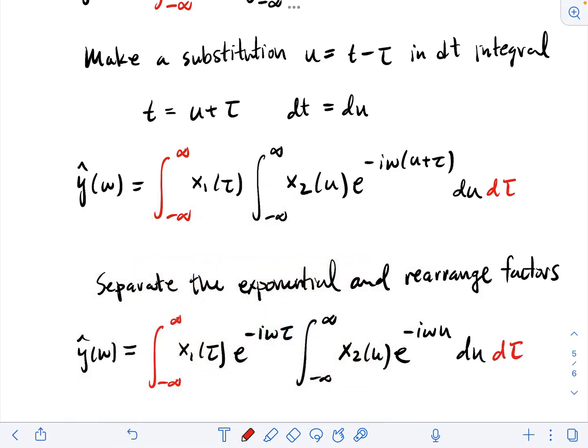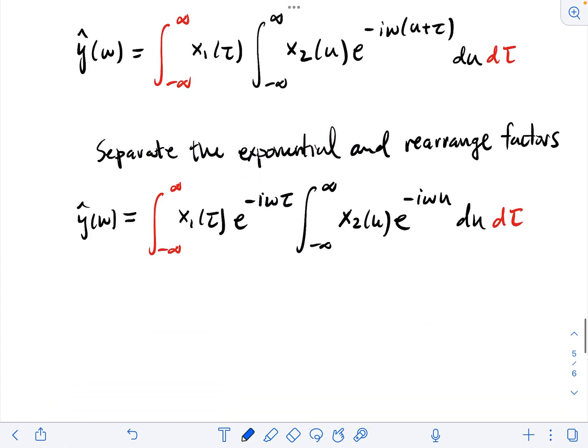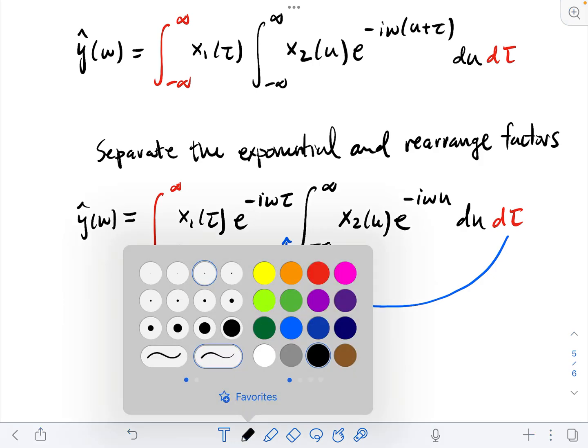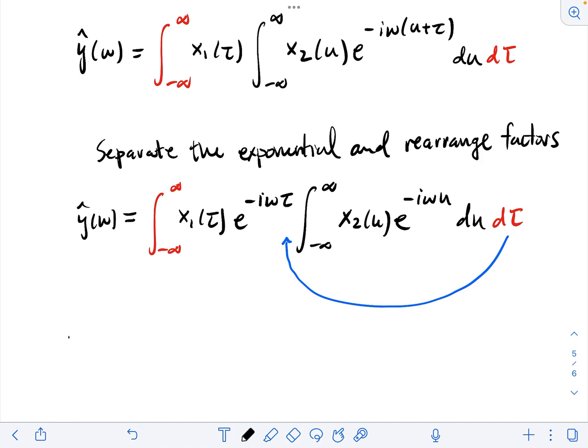Okay, basically the last step we're going to do is we're going to take that d tau and move it to be just at the end of the d tau integral and before the du integral. Okay, so therefore y hat of omega is equal to